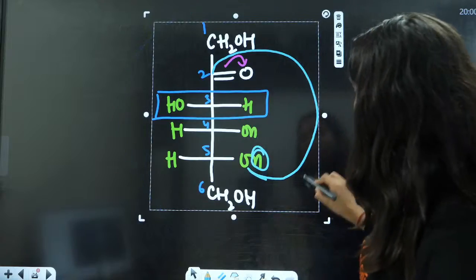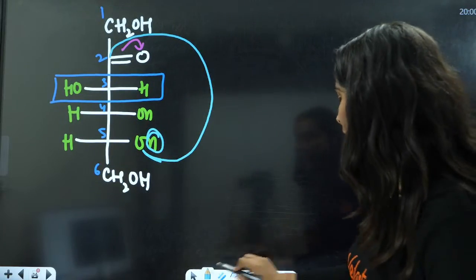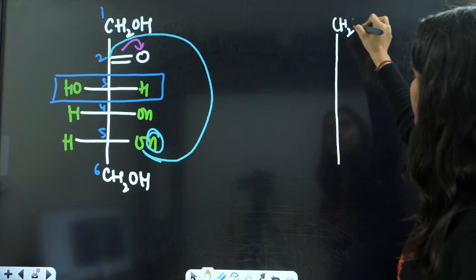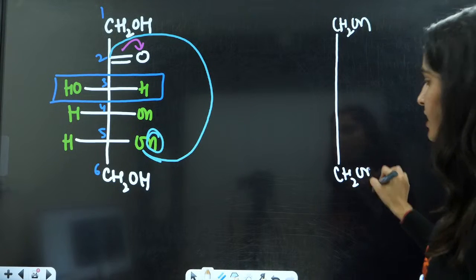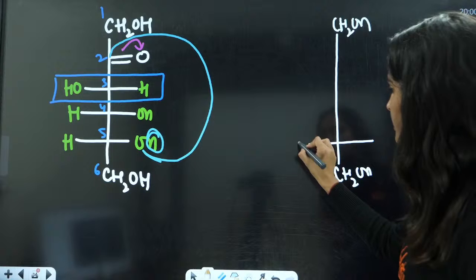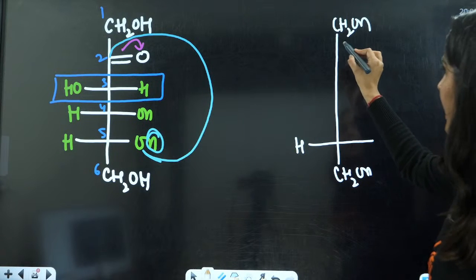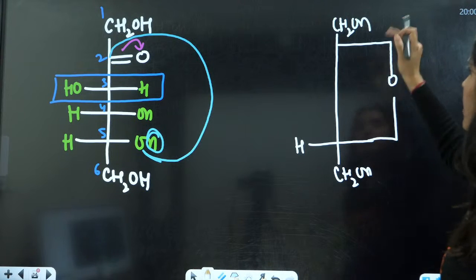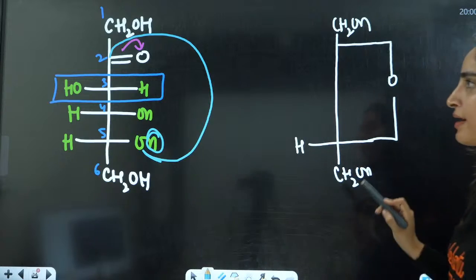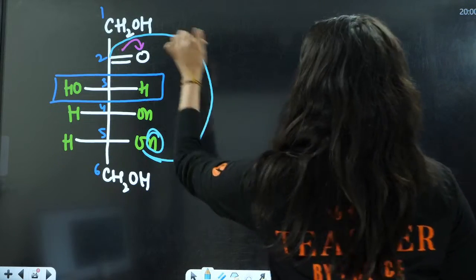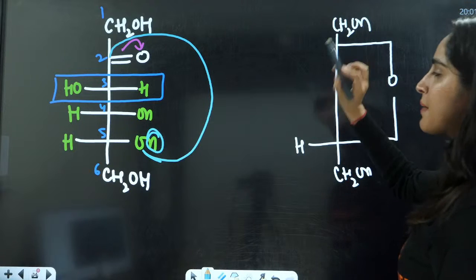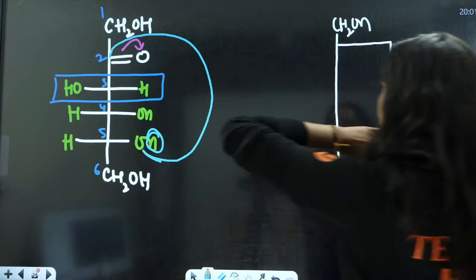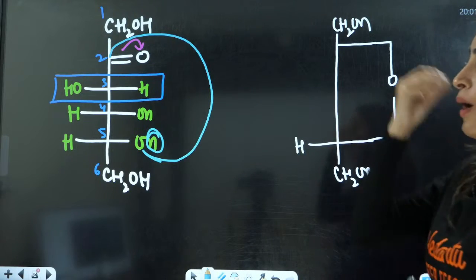Now let us see how do we draw the cyclic structure here. Now draw this one, okay? This is CH2OH group, right? Okay. This is the fifth one. This is H. Combine this OH with this one, right? Okay. Now I'm drawing this in a very rough manner, okay? I have combined this carbon number 2 with this OH, right? And this carbon number 2 has what all? It has one CH2OH group. It has one OH group here.